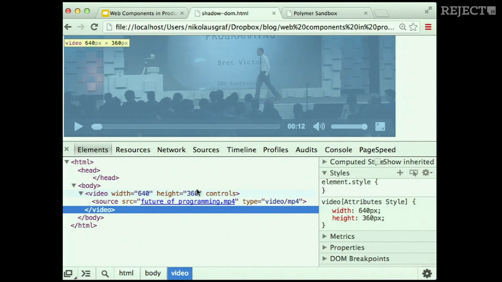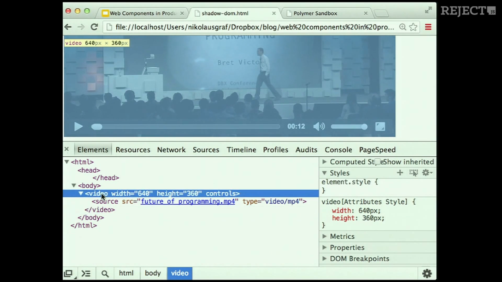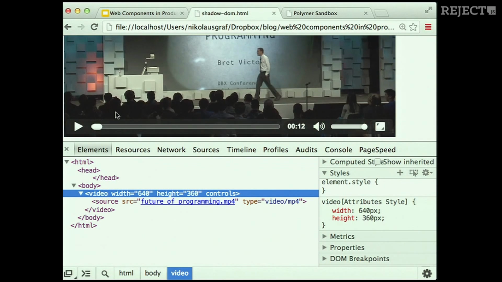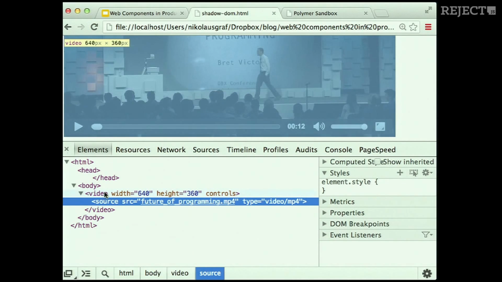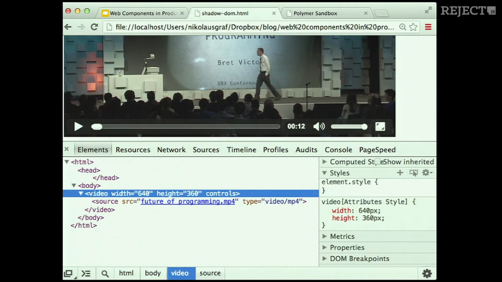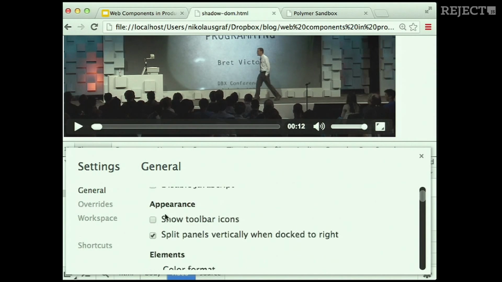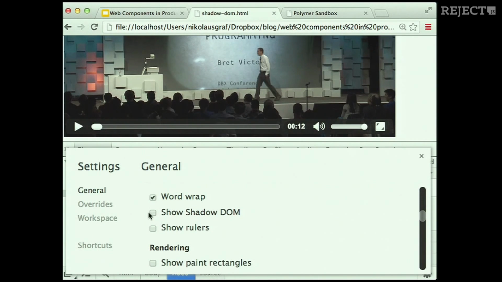Browser vendors have been using Shadow DOM for a really long time. I can demonstrate it with the video tag. So you know the video tag, it has some controls here. That's just the video tag where I define the source and I have a video. But there's something interesting. For example, if you look in Chrome and you activate Show Shadow DOM,